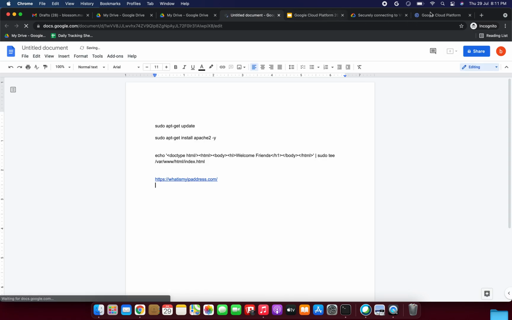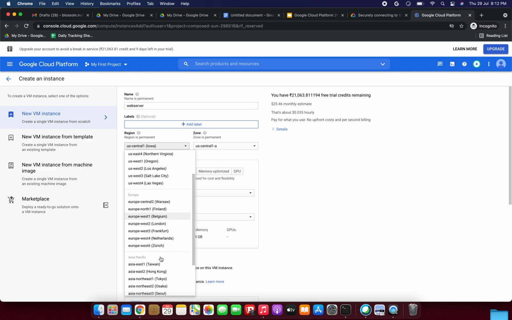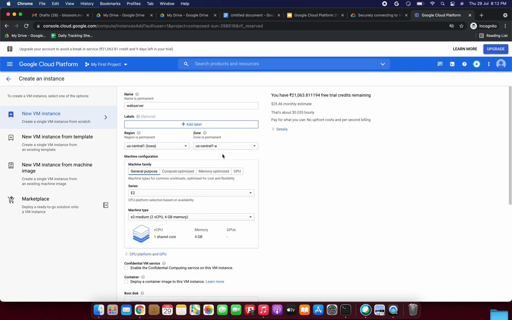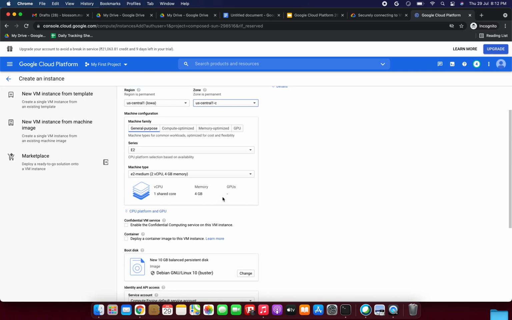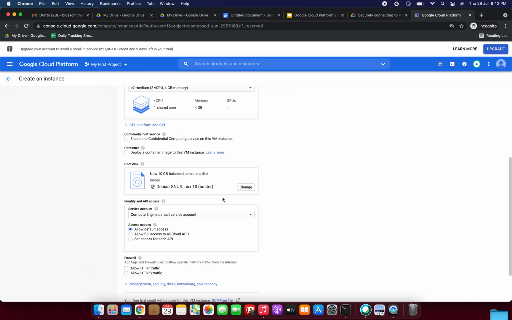Okay, so we need to give the name as web server, and we need to select the region as US Central 1, and I've selected US Central 1 already, it's there. And for the zone, I'm selecting US Central 1 C, and just scroll down a little bit, and next we are going to create this VM.